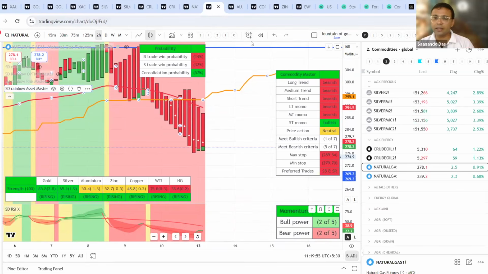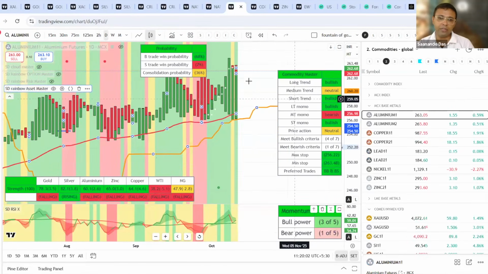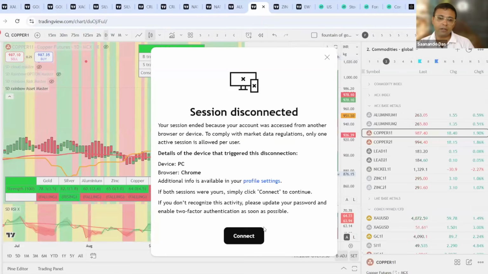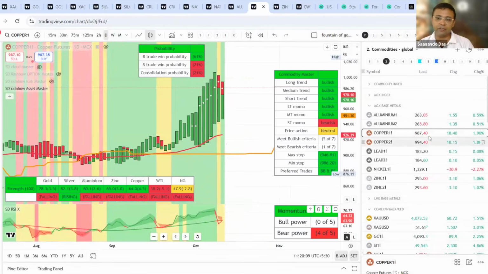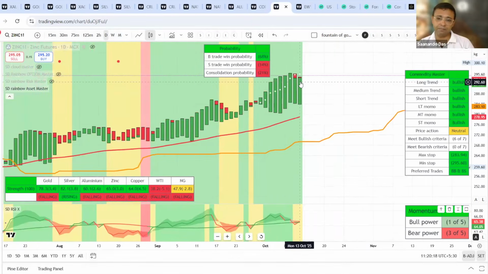अ क्विक लुक डालेंगे टुवर्ड्स द बेस मेटल इन द डेली चार्ट मोर. So daily chart में I can see aluminium undergoing a correction even though it is up today. Copper, it is undergoing a correction even though it is up today. We don't have a full green candle. Zinc is undergoing a correction even though it is up today. So no clear cut position in the base metal, but precious metal जो है super strong है.